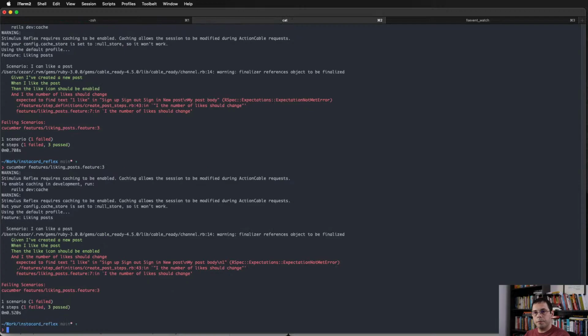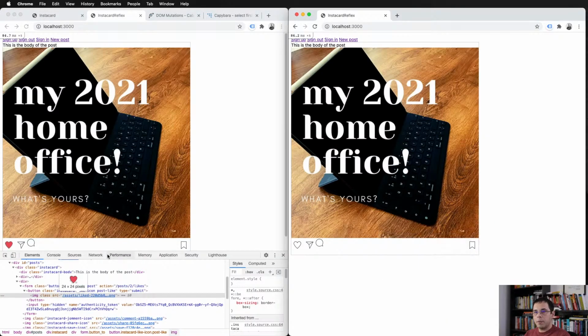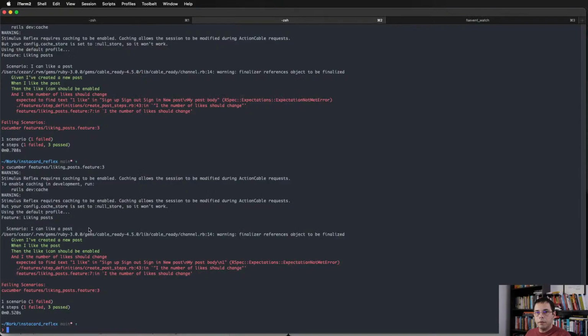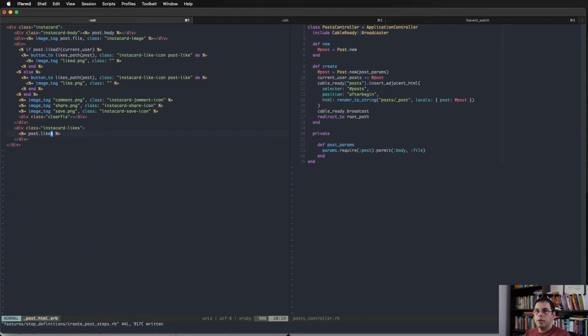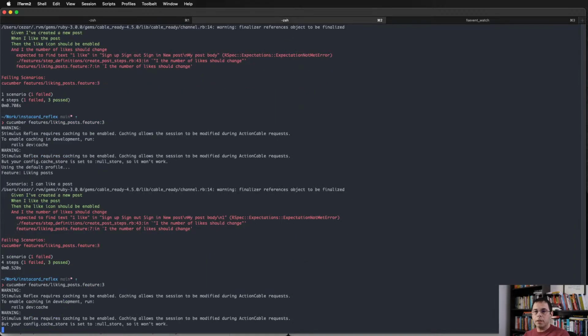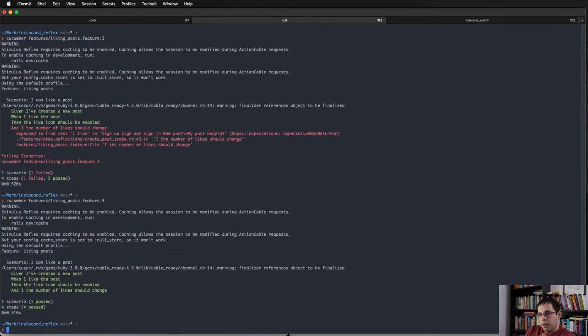One like. Okay, that's probably because it shows just a number, right? So what I could do is add like that. So that passes, but obviously it's not ideal because we want to have plurals there as well,